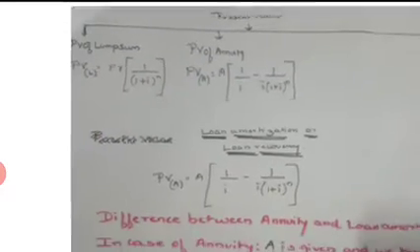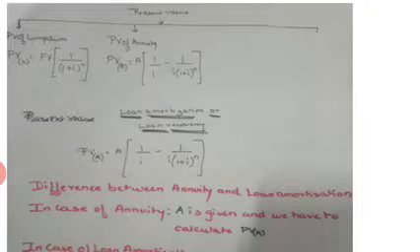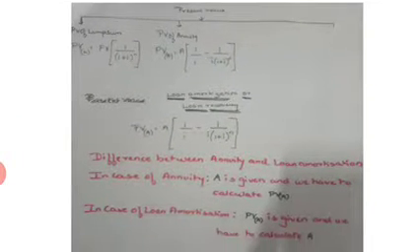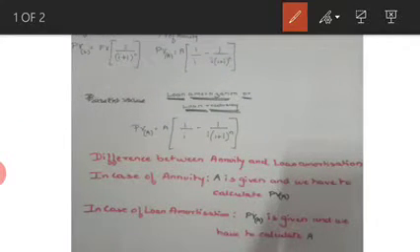Whereas in case of annuity, if the future annuities are given, that is, suppose you are going to receive 5,000 rupees every year for a period of 5 years, that means that 5,000 becomes annuity. So annuities are given, a particular period is given, 5 years, and you have to find out the values of those future annuities today. We use the present value of annuity.